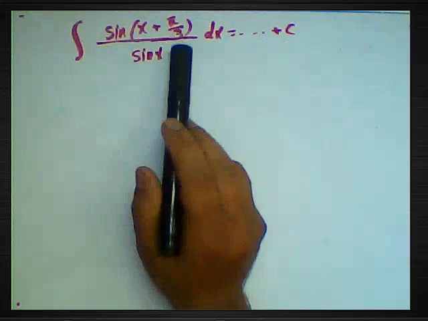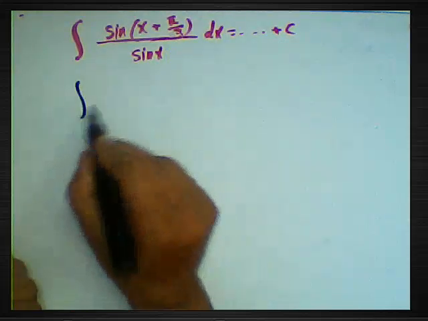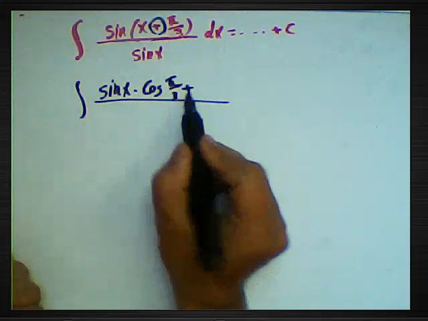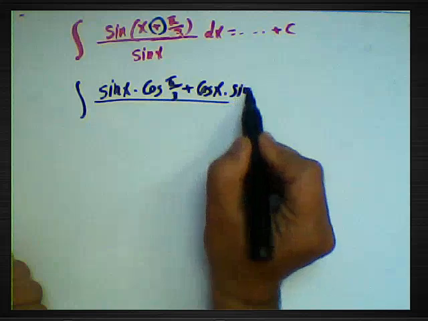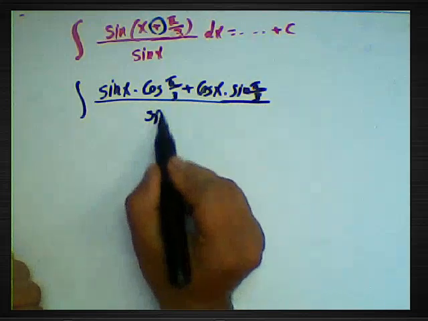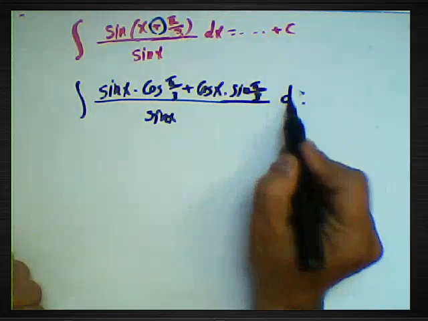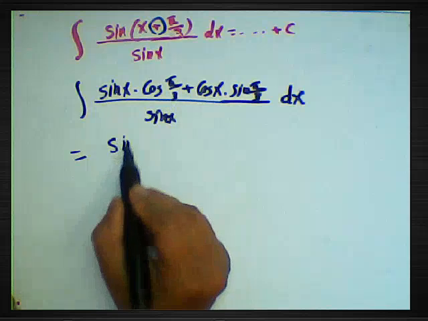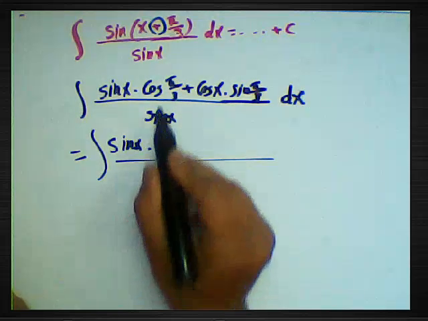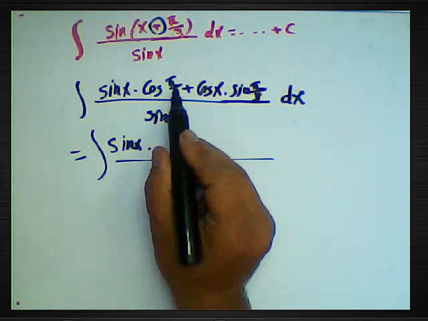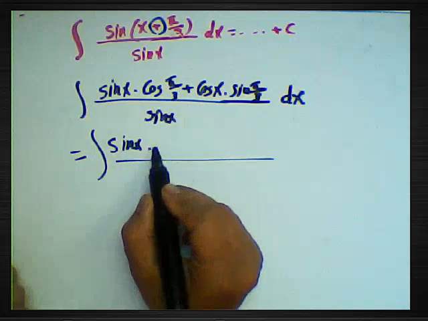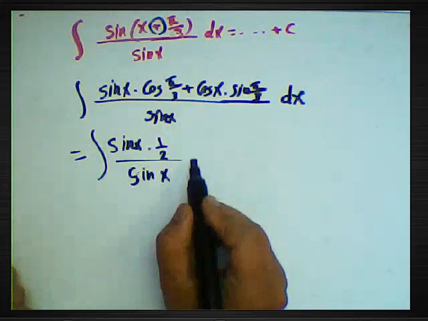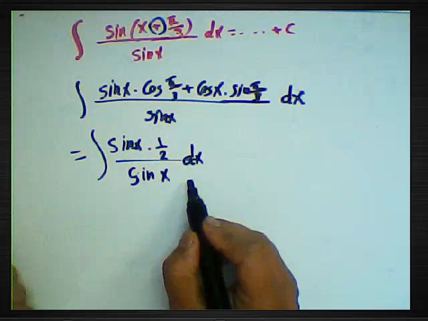Integration about sine of x plus pi over 3 over sine x dx. So we can use the rule here. It will be sine x dot cosine pi over 3, and write plus behind it cosine x dot sine pi over 3, over sine x, dx. Okay, I want to find the integration about this function here. We can find the result. It will be sine x dot cosine pi over 3, 180 divided by 3 equals 60, cosine 60 equals half. I will write half here and write in the denominator sine x, and use distributive here, plus, and write dx plus